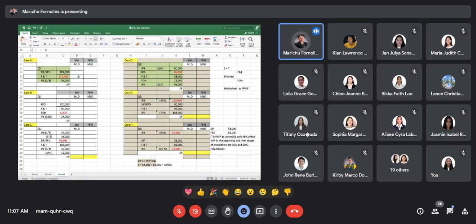So to get the EP under weighted average, just follow the rule. Multiply all completed or finished units by 100%. The unfinished units will be multiplied by the given fraction completed or percentage completed. So for case A, how many units will be multiplied by 100%? How many units were completed? How many units were finished?